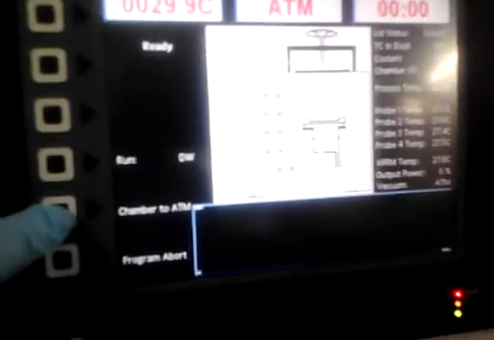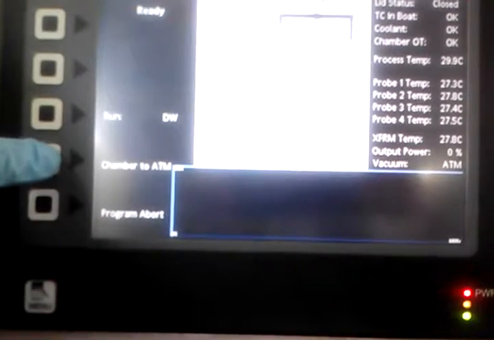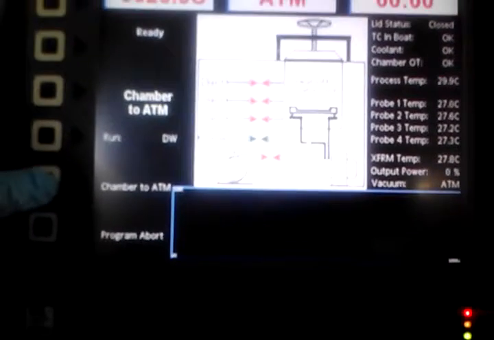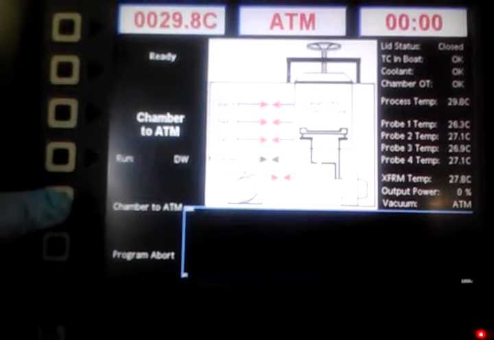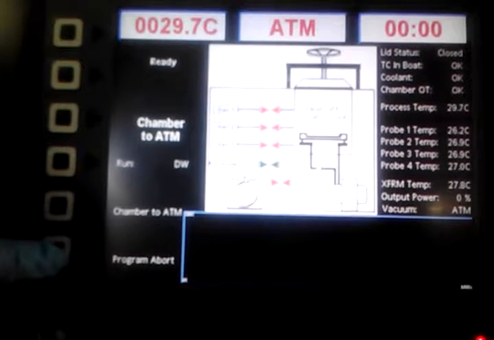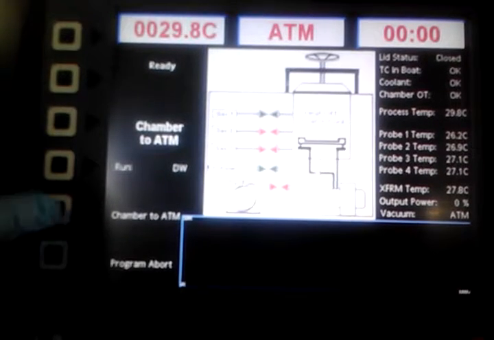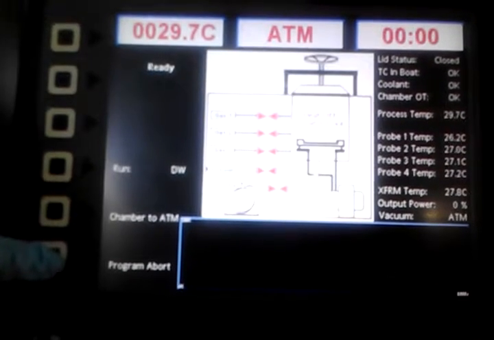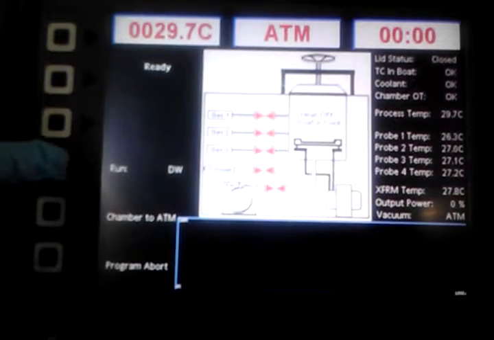On the lower left hand side here, you have a chamber to ATM function. So if you want to bring the chamber to atmospheric pressure so that it can be opened, just click this button and it will run a preset program, which starts by opening the exhaust valve to relieve any residual pressure, and then it turns the gas 1 valve on. Normal runtime for this program is 1 minute. If you want to stop it before that, you can hit program abort or chamber to ATM, and it stops that program from running. When you're ready to execute your program, you hit the run key,